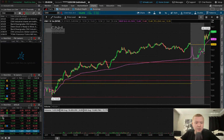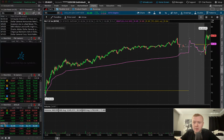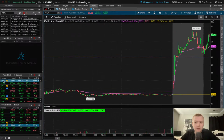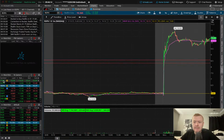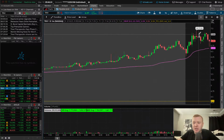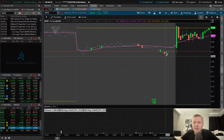Let's see what GT's doing. I really wanted that up and over 10. Yeah, it's in at 990 right now. And Redfin still going sideways, 1030s. TRVI right around the 720s, that 20 cents magic area. That's seen a little pullback. MPW